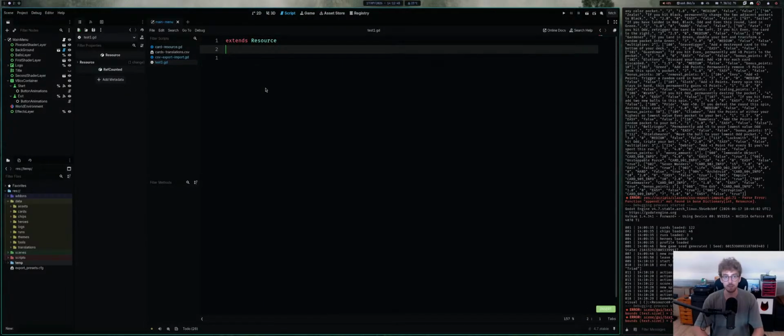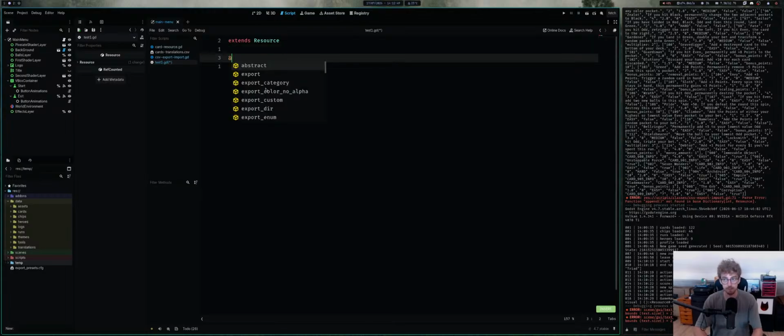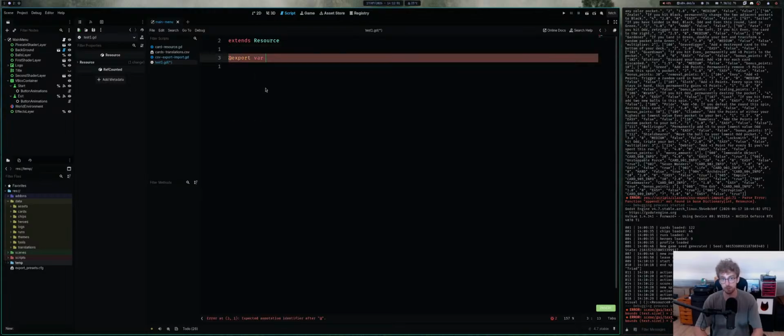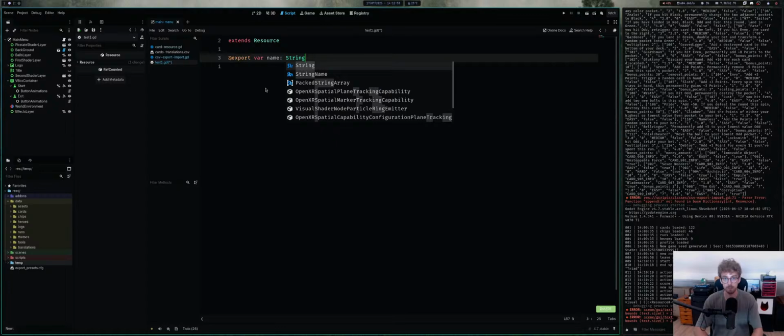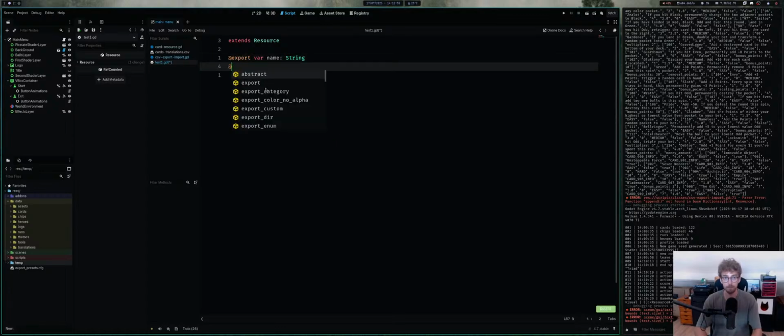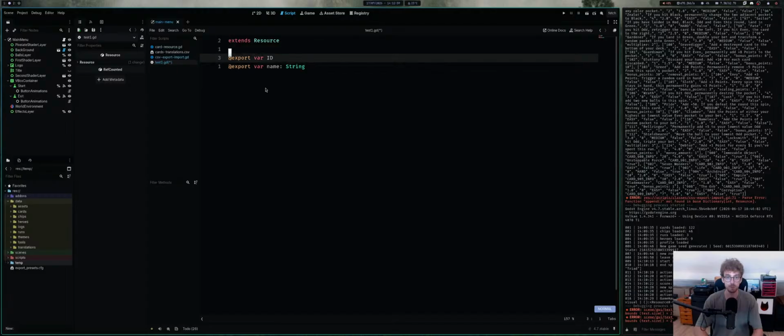This one has export var name string, export var ID. Well, ID needs to come first always, and